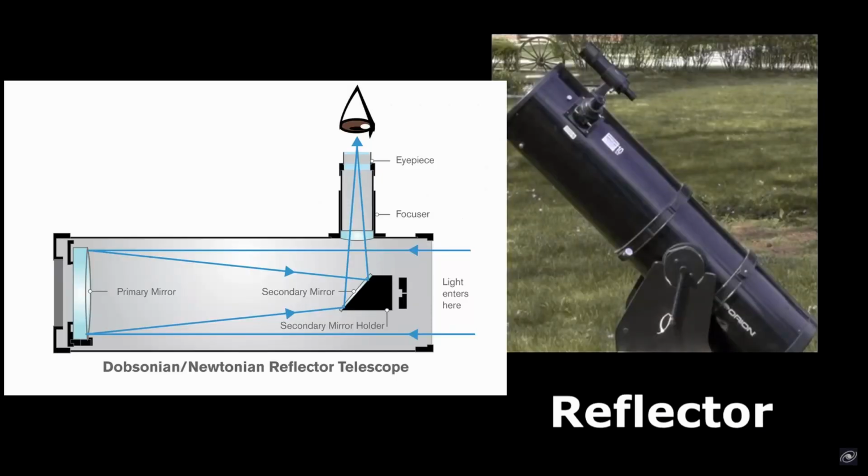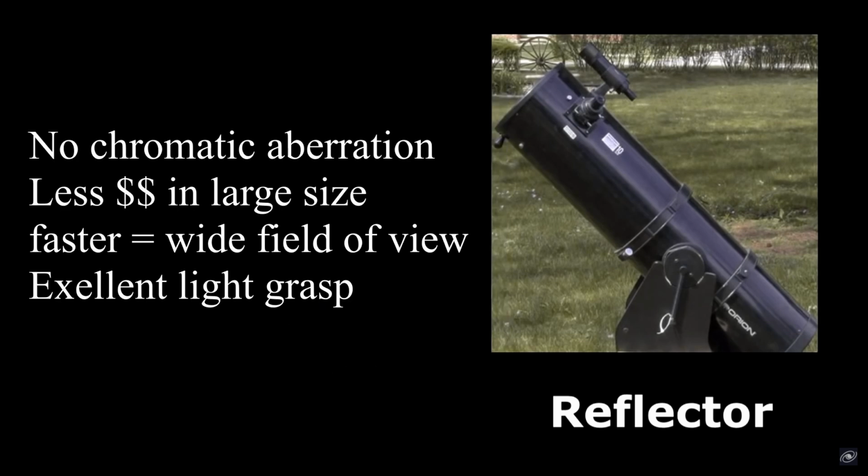Now talking about reflector type telescopes. Reflector type telescopes are made taking a tube, placing the mirror in the bottom, and at the point of focus you will place another mirror which will be redirecting all the light to a focuser and on the eyepiece from where you observe the universe. These types of telescopes are less expensive and can be of large size. The focal length is faster and you get wide field of view.